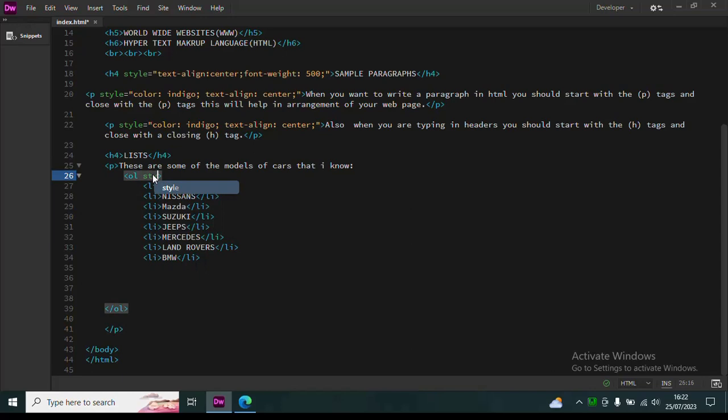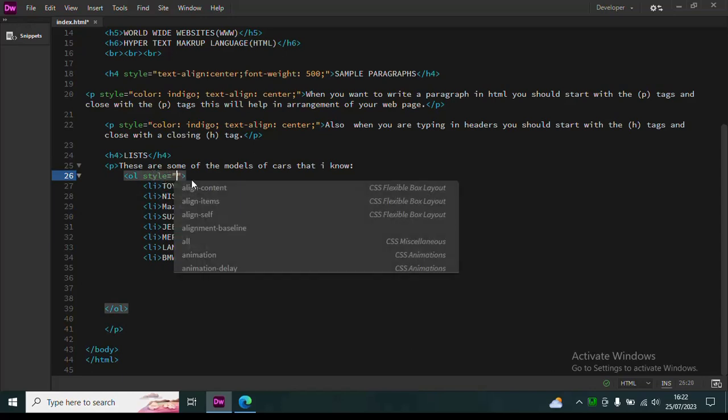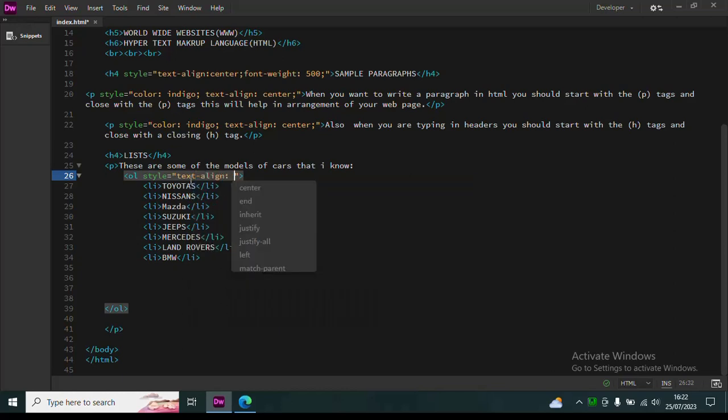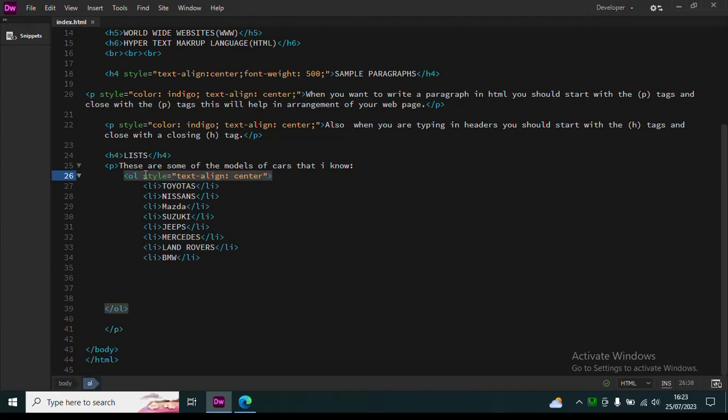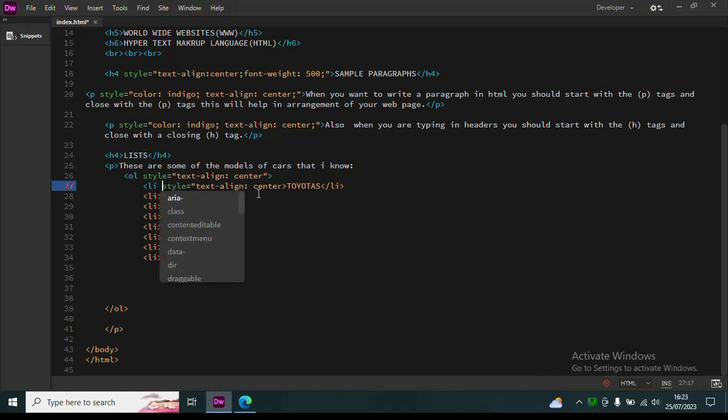Okay, let's try this style. Text align, maybe we say center. Let's see how this will happen or how it will appear. I don't know why it is leaving the numbers here, but maybe if it happens to do like that, then you'll have to introduce the change in each and every